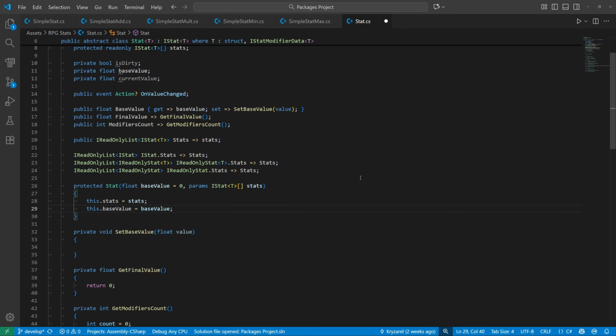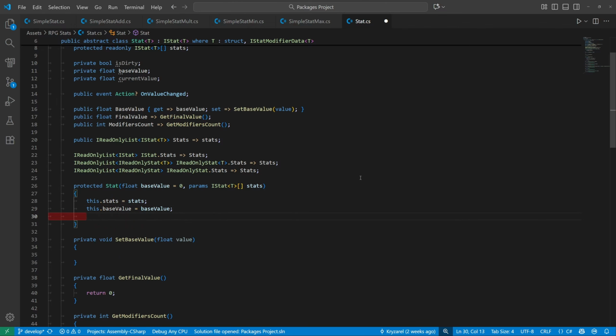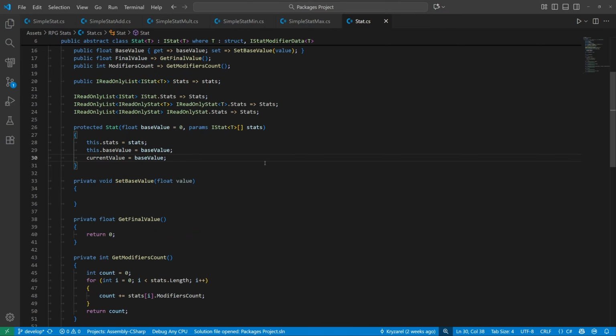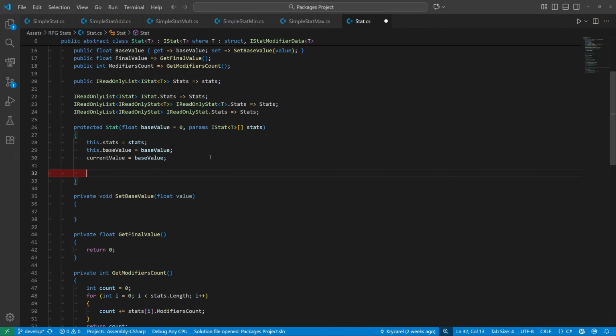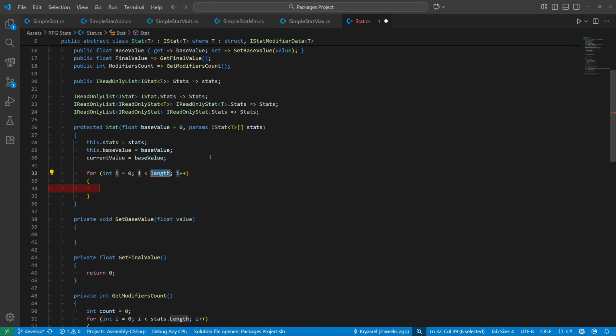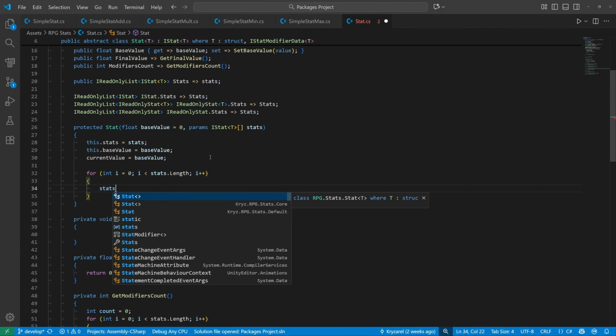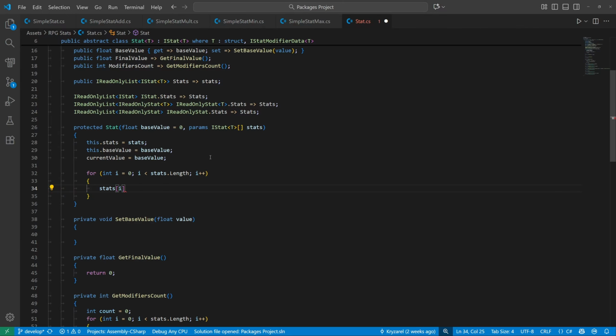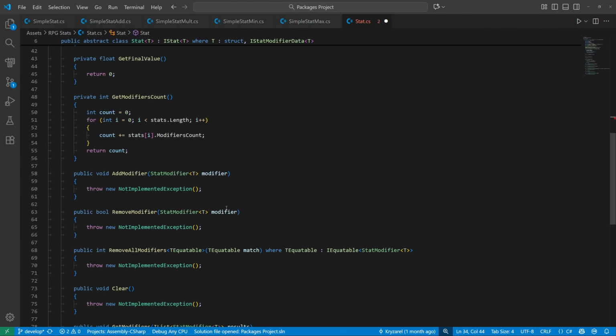We just want to assign our class variable stats to the stats array that was passed in as a parameter, the class variable base value to the base value that was passed in as a parameter, our current value, since we are just constructing the stat at this point, will be equal to the base value, and we want to subscribe to the onValueChanged event of each stat in the array,